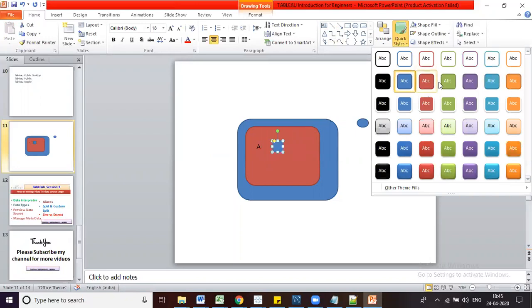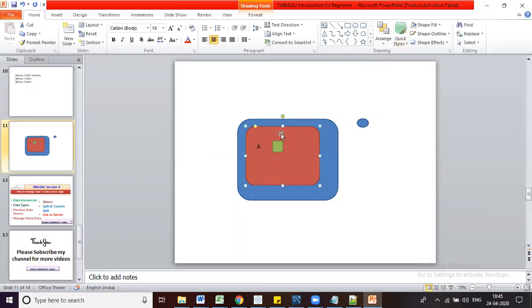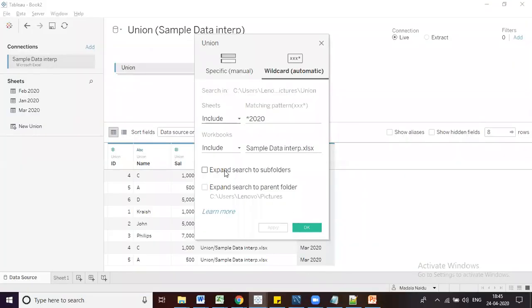Now let's give a different color for that. Okay, this is another folder. This is the main folder and this is one Excel file in that folder, and this is another folder which you are having in the main folder. Now here in this folder you are having another Excel file, called B, right? Now by this option, expand search to subfolders, what it will do means...